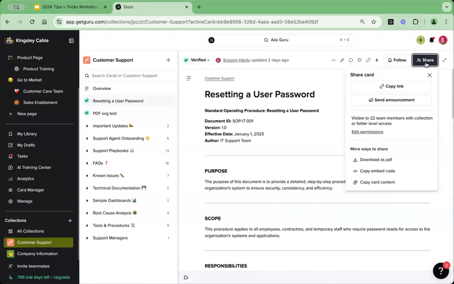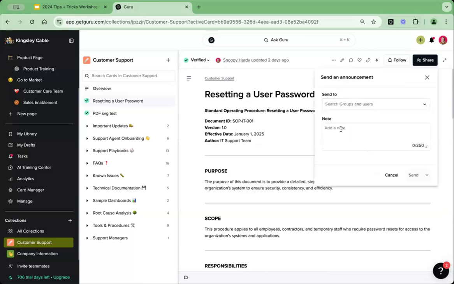So any card can be sent as an announcement. I'm sure you all know this. If you don't know about announcements, it's a really great feature of ours, and I encourage you to learn more in our help center. So if you click send announcement, you can give a note, you can choose what groups or individuals you want to send this to, and then